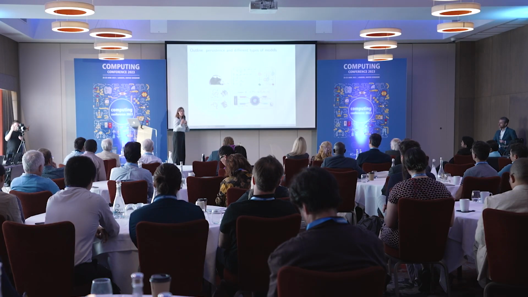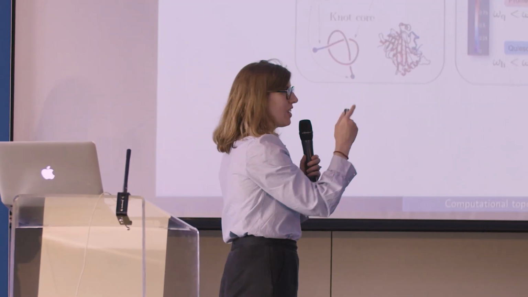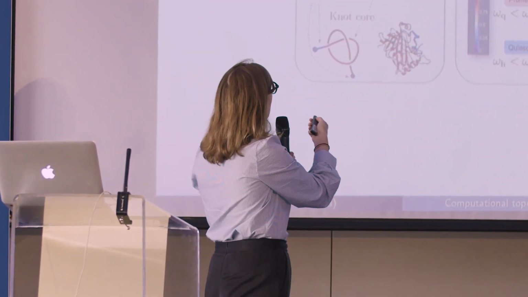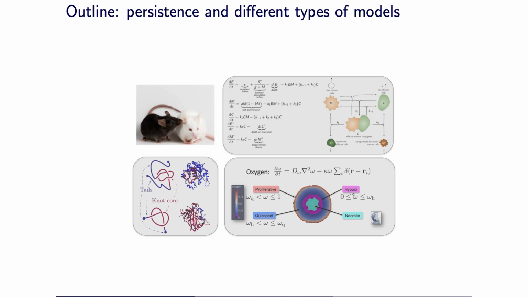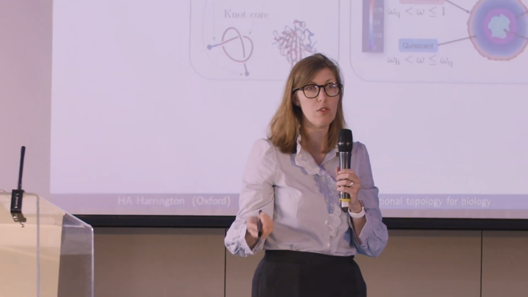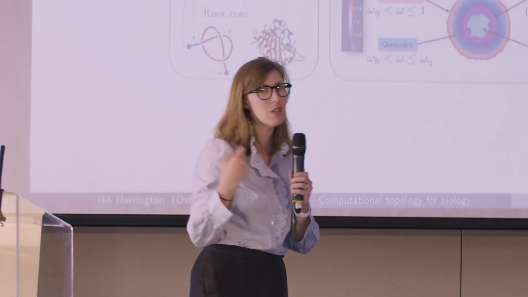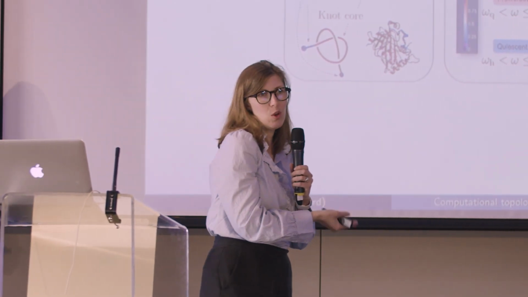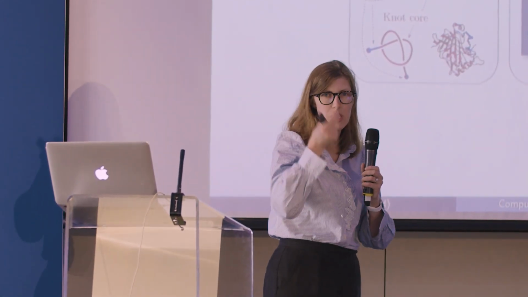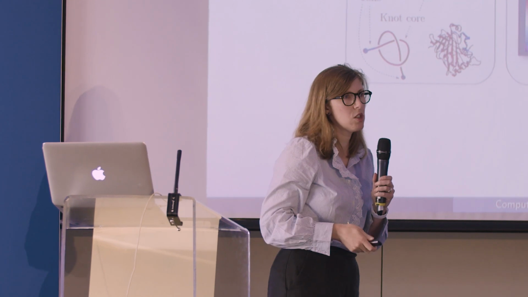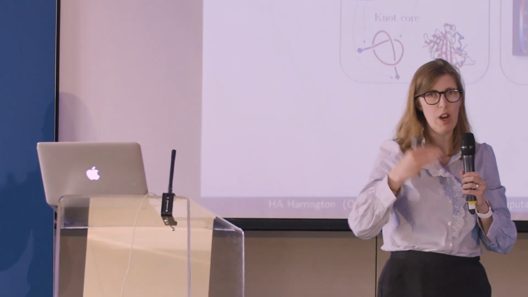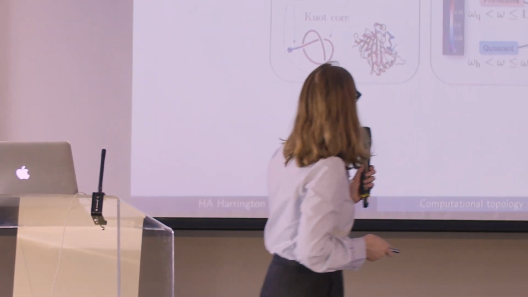This is why communication even within an area is so important. For example, this is a mouse model, or a mechanistic model, or a protein structural model, or a PDE or agent-based model, right? And so I'm going to touch just briefly on how these are different types of data and how we've been using them. And what's nice is most of the examples I'm giving you are very low dimensional in some way, so you can see it, but we can apply it to higher dimensional data, and there's some theorems as well for what you can do there.